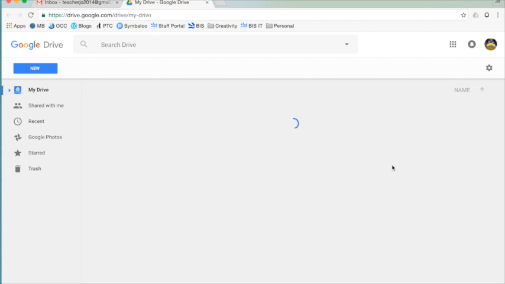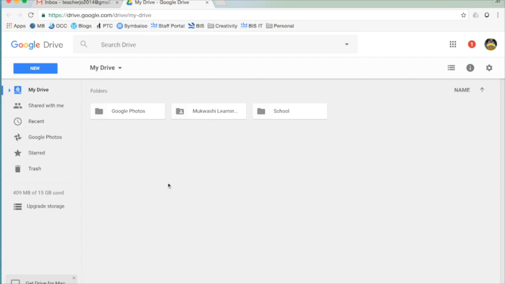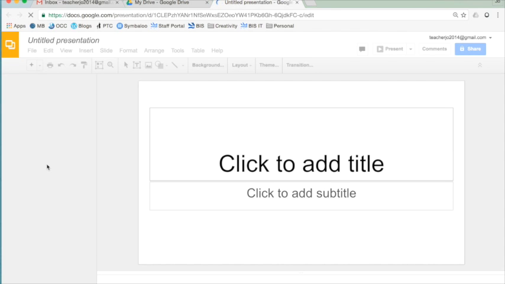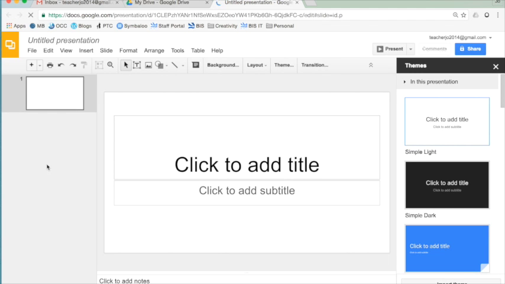Google Drive is a great place to start whenever you want to set up any new documents or folders for storage, because you can just go up to New and you can navigate to these main apps and start from there. So you'll see here that an untitled presentation has come up, and in terms of workflow, the first thing